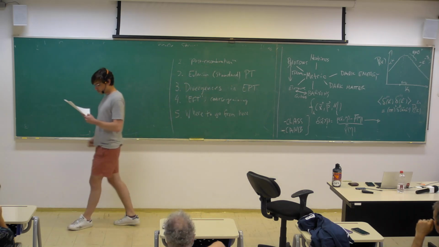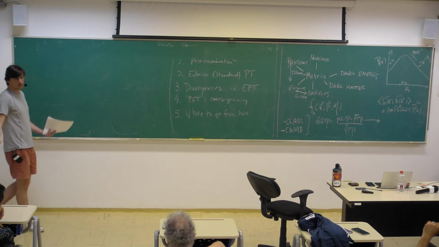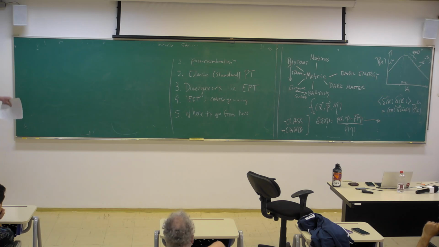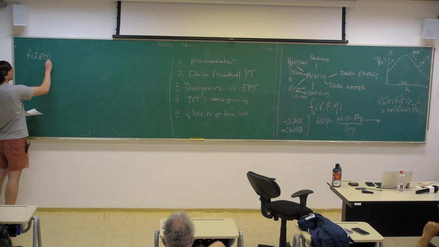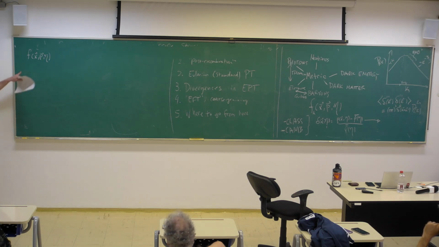So now what I want to do is basically set up the problem of what the dark matter fluctuation is doing. If we know that it's this Gaussian field with very small overdensities, but more generically, what can I say about the distribution function of dark matter? This is just telling you what the density of states is at any given time at a position x with the momentum p. That's all that it is.